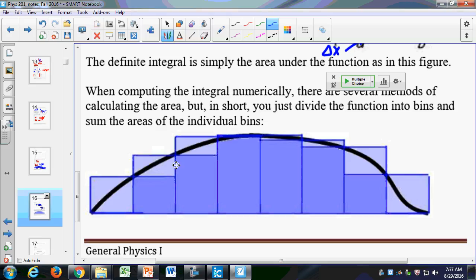So this is just an example of if I have a function, which is the black line, you can determine the area under the curve simply by dividing it into bins, like this. You determine the number of bins, that's that value n, and then you take the area of each bin and you add it up. You can do that in Excel if you want, but it's really easy to program it into